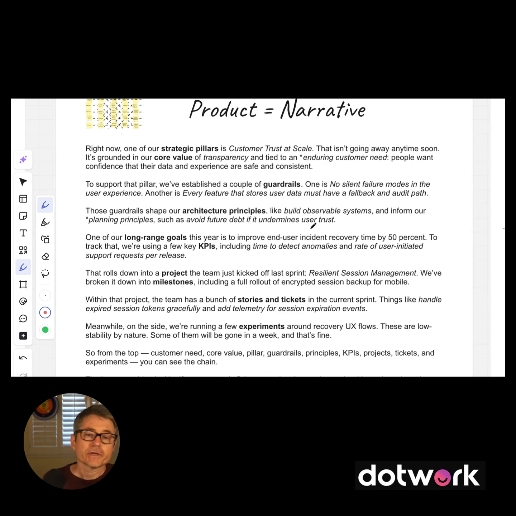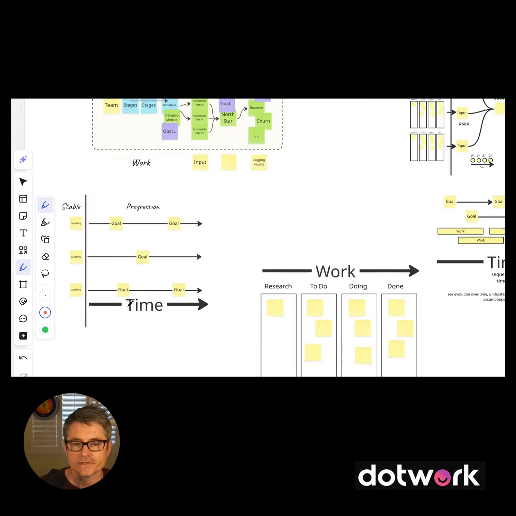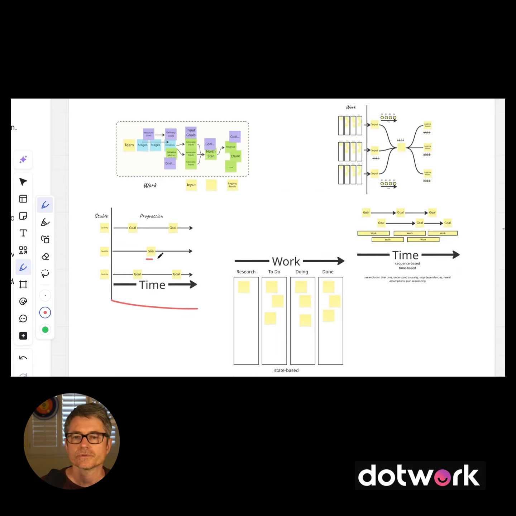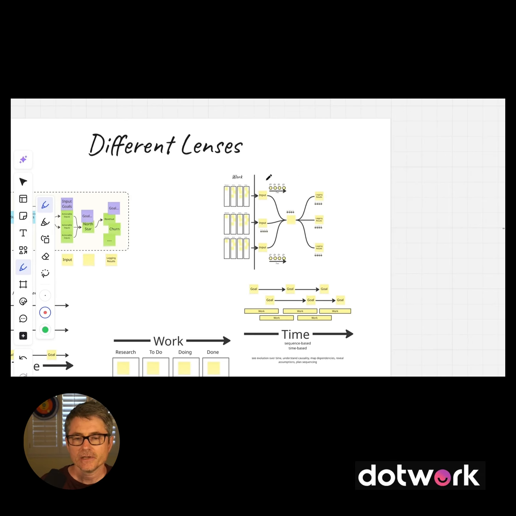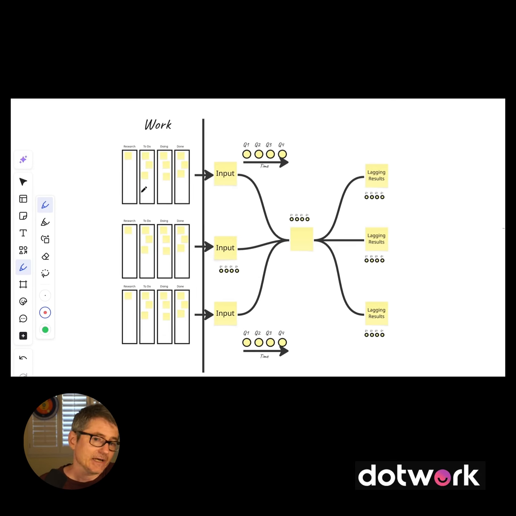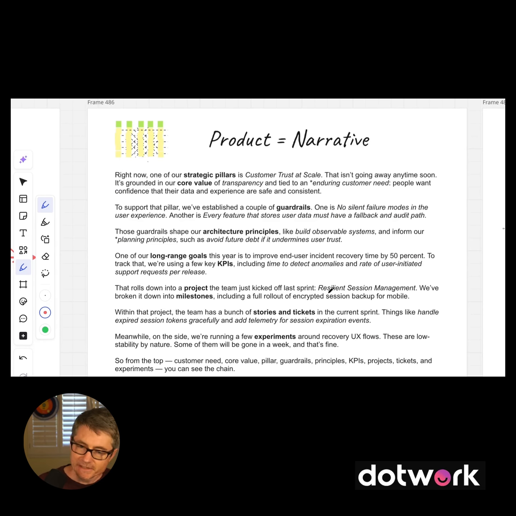This is the narrative that every product manager needs to have in their head at any given time. It doesn't mean that you need to be certain about all these things, but you need to be at least aware of them. You need to be aware how they fit together. So just to end on this idea, in product work, we have all these different lenses for things. We can view things in terms of time, and we can add goals, or we could think about them as a Kanban board and state-based things. We can think about them as trees. We could add work to the trees if we wanted to, but ultimately, at the end of the day, you're constructing this narrative. That's the narrative you have currently in your head, and you're reassessing that narrative on a periodic basis.